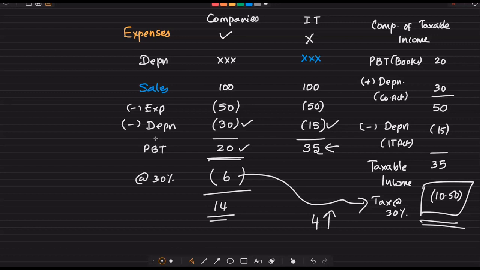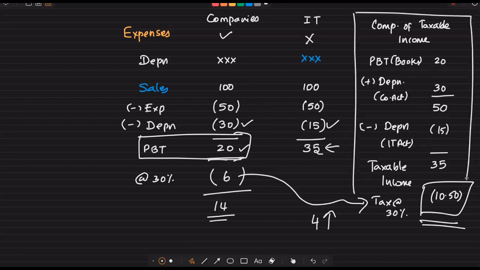Taxes are not calculated on book profits. So when you do the loan analysis, when you do the estimation projection, do not blindly apply tax rate on PBT. Rather, you have to do this basic computation at least. And here I just added depreciation as per Companies Act and deducted depreciation as per Income Tax Act. But in reality, there will be various items which will be added back. Here depreciation is added on one side and deducted on the other side. It means to a certain extent it is taken care of.